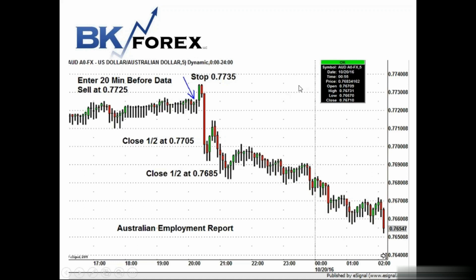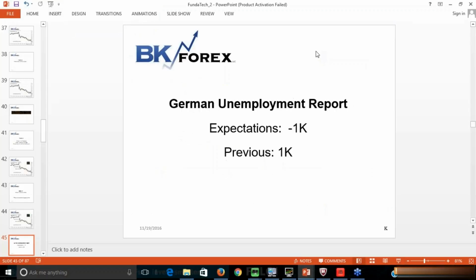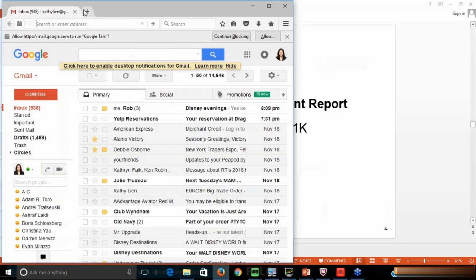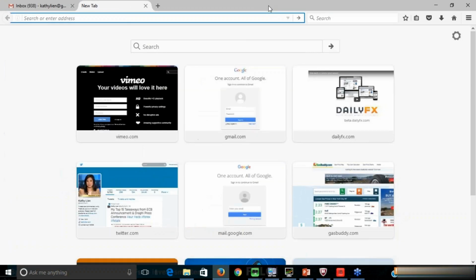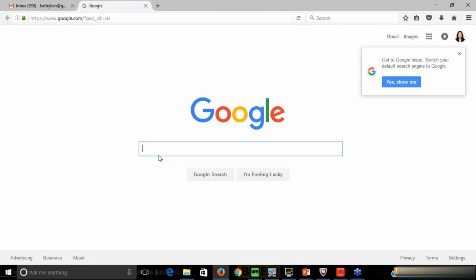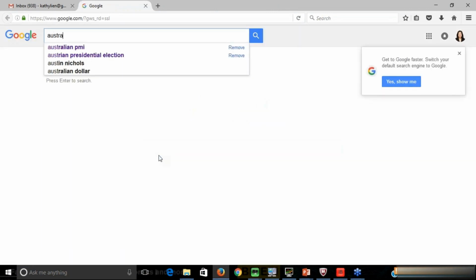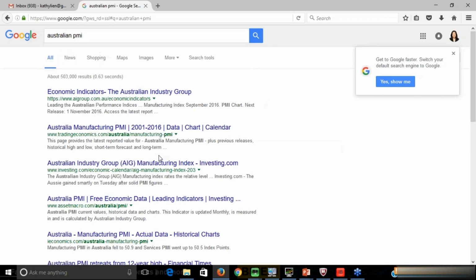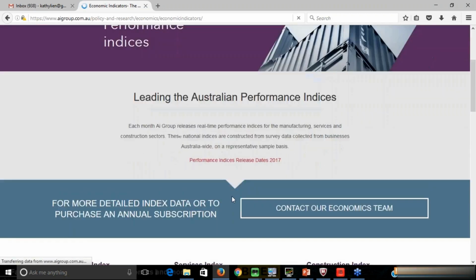And you may wonder, how in the world can I get this information? Well, it's actually publicly available. All you do is Google. And in the cheat sheets, I provide you with some links. But I'm just going to pull up my Google screen. We can look at the most recent report. I prepared my slides before the most recent report was released. So let's just say Australian PMI. It's actually in the first link that comes up. So you don't need to pay $2,000 a month like I do for my Bloomberg screen. So you pull up Australian PMI.